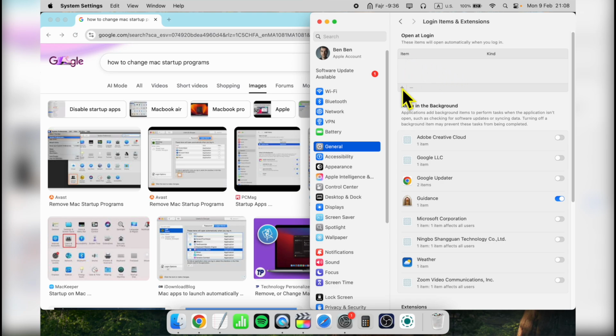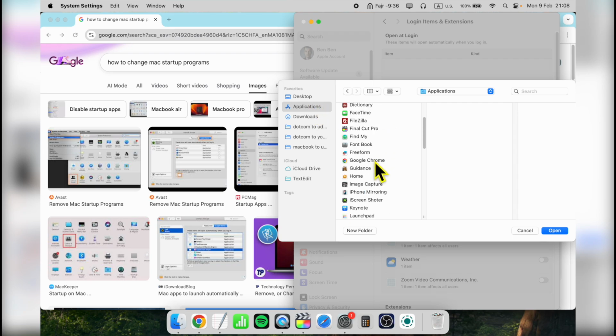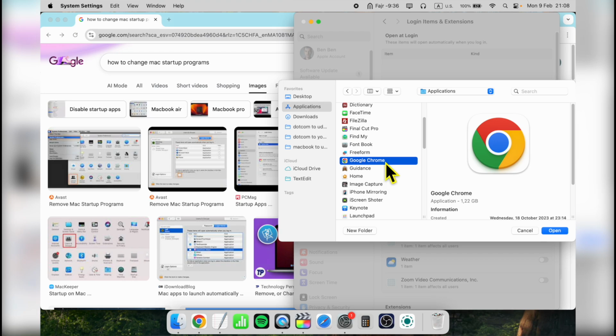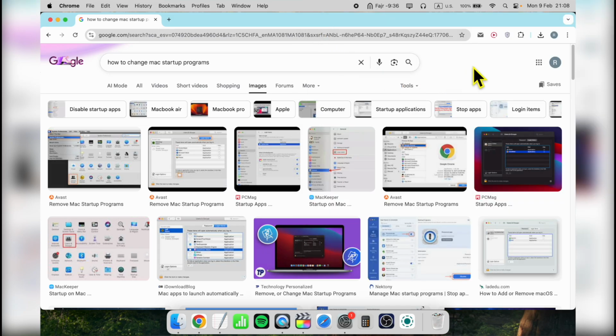Startup. For example, let's say I want to add Google Chrome to automatically open up when my MacBook starts. Click on this plus icon, go to Applications, and select the program, or yes, the application that you want to start automatically. Click on Open. And as you see, once it is added here, just close this window and restart, and this program will automatically launch at MacBook Startup. And this is how to change your